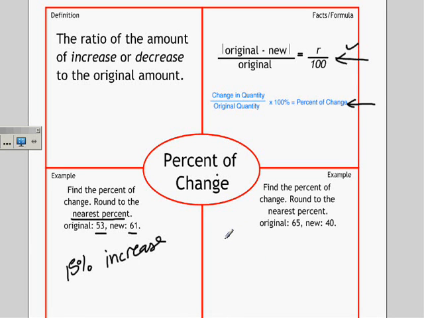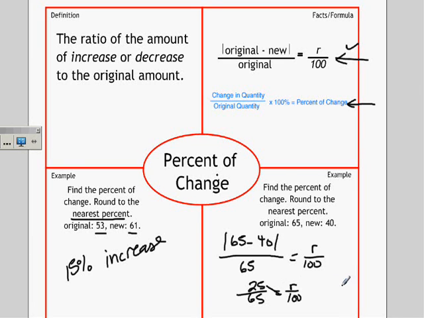Looking at the second example, original is 65, the new is 40. Again, always putting the original in the denominator. Okay, 65 minus 40 is 25. Over 65 equals R over 100. Cross multiply, that's going to be 2,500 equals 65R. Divide both sides by 65. And R will equal